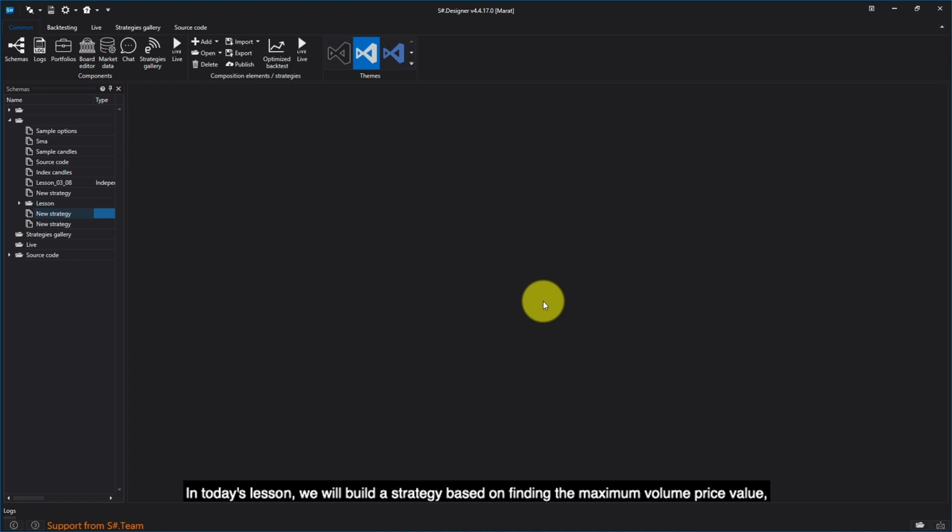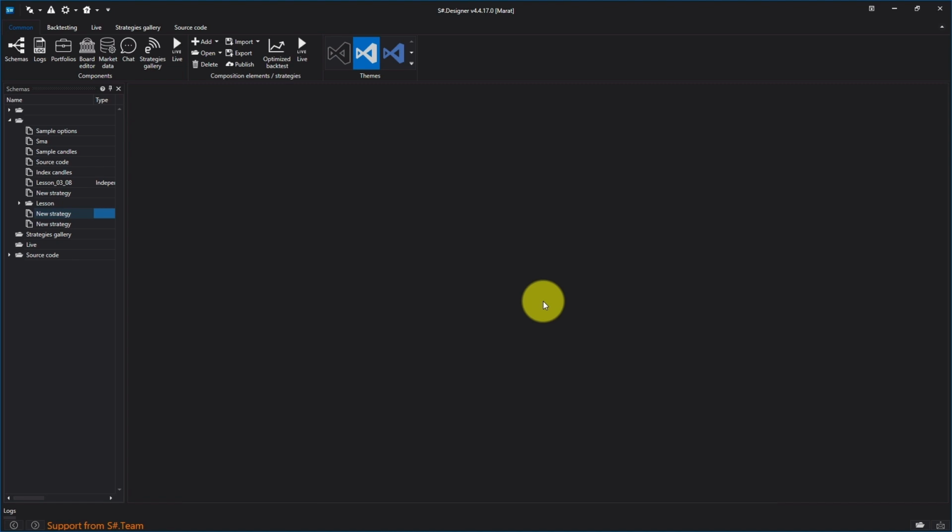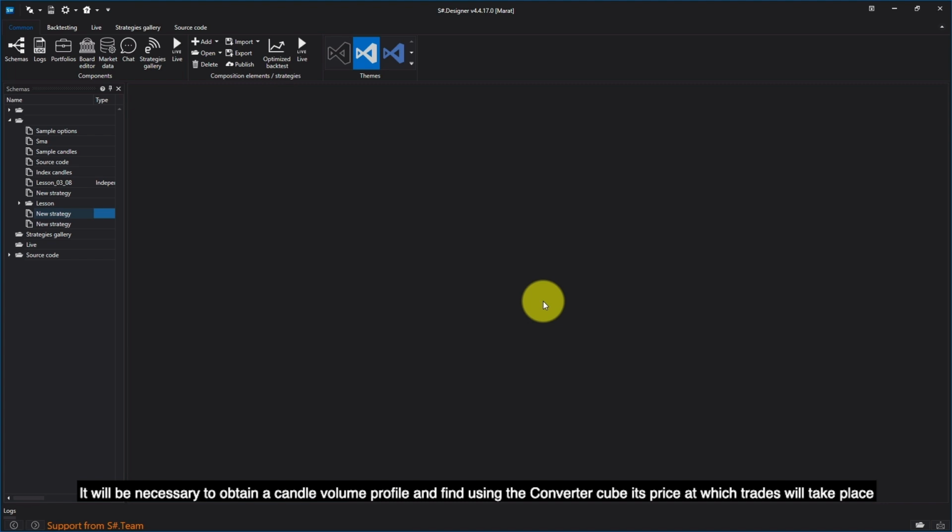In today's lesson, we will build a strategy based on finding the maximum volume price value. That is, analyze one of the volume profile values. The strategy meaning will be as follows. It will be necessary to obtain a candle volume profile and find, using the converter cube, its price at which